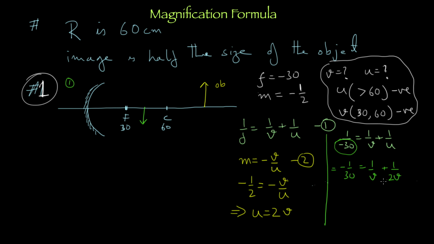Now this is like a no-brainer job. From here you can take your LCM as say 2v. So you have a 2 plus 1 which is a 3, right? Is a minus 1 by 30. You can cross multiply and you'll get your v is equal to minus 45 centimeters. Do not forget the units. And we'll just see whether it is complying with our range or not. It is bang on in between 30 and 60, which is a 45 in value and negative, right? So it is impossible that we have gone wrong.